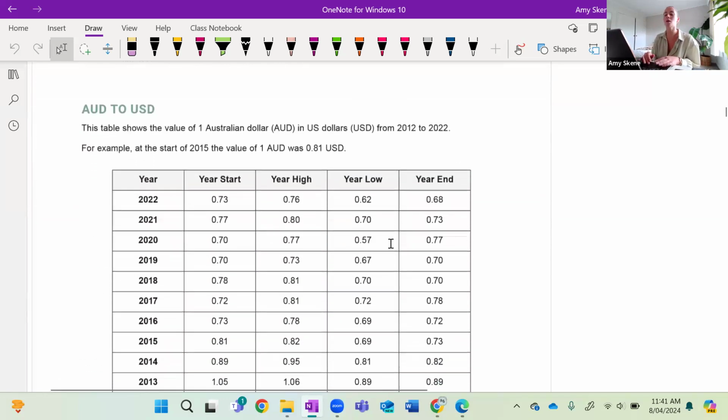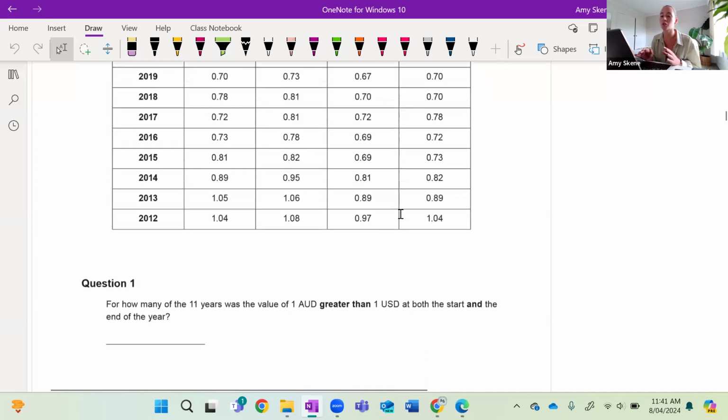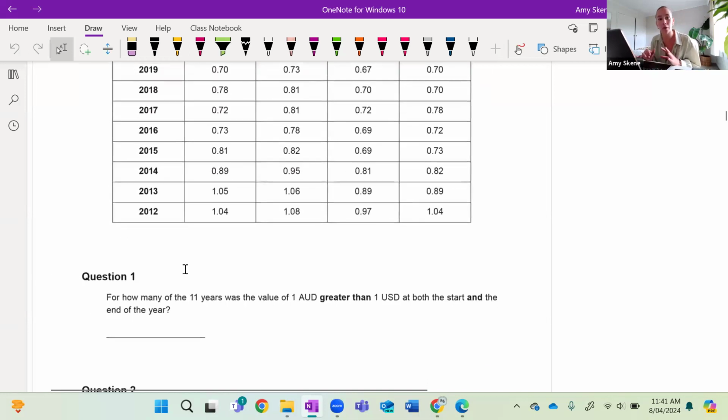So the first question, I'm just going to go straight past the question, read the actual question stated, and then go back. I do this for every single question. Works for me. It might not work for you, but there's a strategy. So question 1, for how many